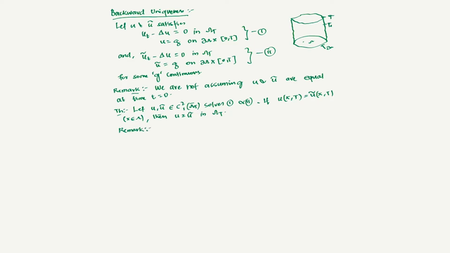It is saying that if the two distributions, meaning functions maybe, u and u tilde, of course in omega, agree at some time t1 positive, and of course the boundary values have to be the same, then they are equal